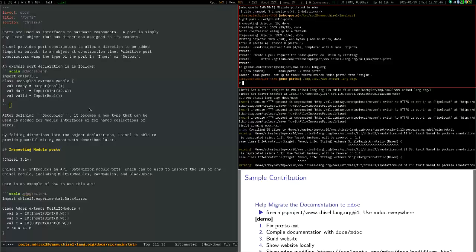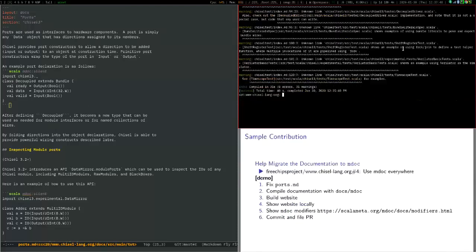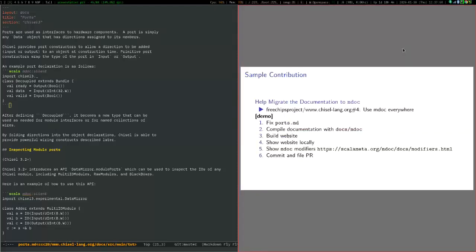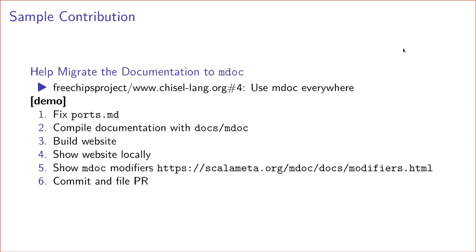Okay, so that is sort of level 0, but still an incredibly important way of being a Chisel and FIRRTL developer. The thing with this mdoc nonsense is that it's super useful, but it's just a lot of work, and I don't have that much time to keep the stuff updated. So the big thing that you can do, even if you're not interested in doing this kind of stuff, is if you look at something on the website and you try it and it doesn't work, file an issue, or better yet, just go through this little process of fixing it for us. We've had a lot of nice contributions from external people doing just that. All right,